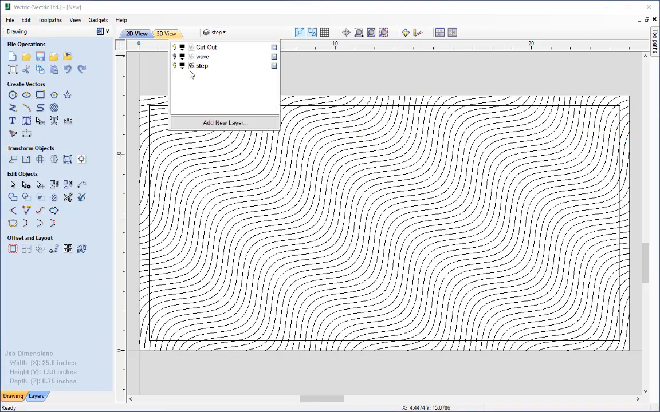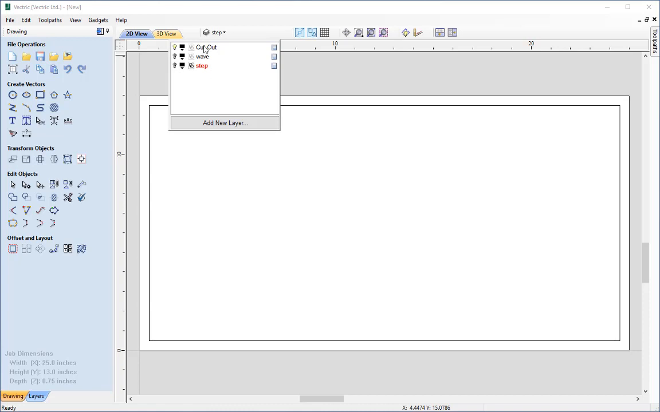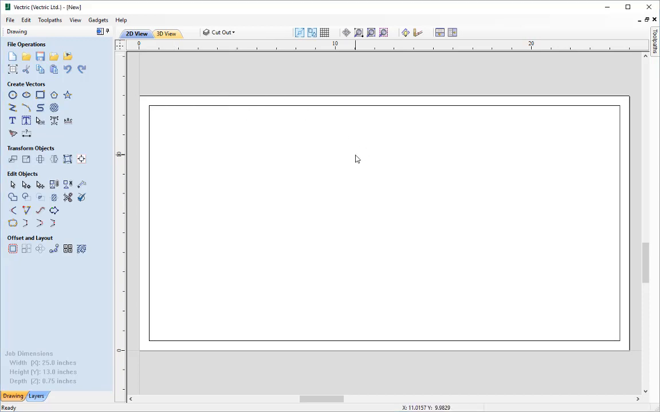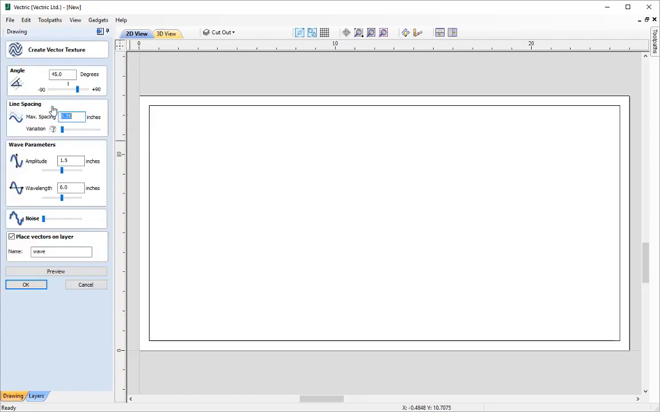I'm going to do the same again. I'm going to turn off that layer, make the cutout the active one, and then I'm going to go ahead and create my next lot of vectors. So let's go back into the vector texture tool, and this time let's create something a little bit more different. Let's go for an angle of 60 degrees. Let's go for a slightly bigger max spacing of 0.4. Let's go for an amplitude of 8 inches, and a wavelength of 16, and let's just quickly